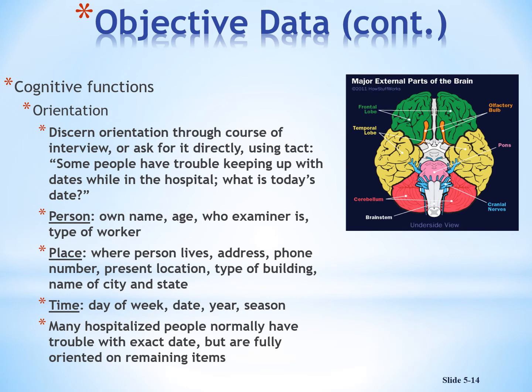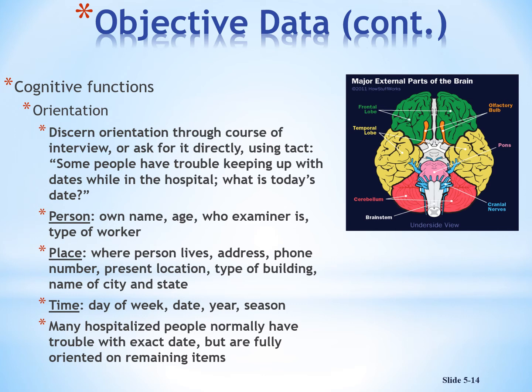Now with orientation, I sort of mentioned a little bit earlier about the person being oriented. And as you're doing your head-to-toe assessment, you'll be looking at orientation. So asking the person who they are, their name, and if they give you their name and their age, you need to have something to verify with so that you are aware what their names are as well.